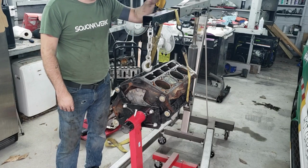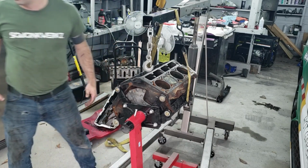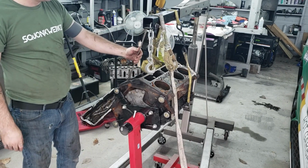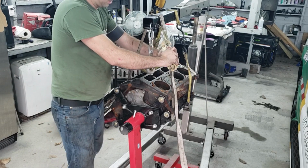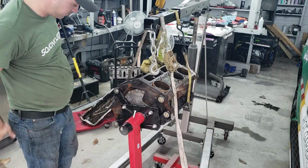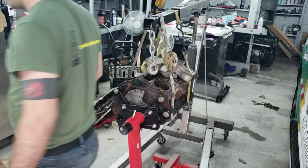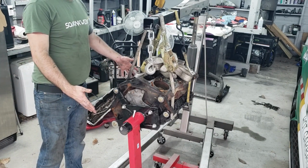Before you say anything, yes, I know this isn't exactly the proper way to lift a motor, but okay, so like I said, this is stupid. This is not the right way to do this, but it's the way that's going to work, and it's what I'm about to do. I don't think it needs to be said, don't try this at home. I would like to think it's pretty obvious that this is not what you're supposed to do, but